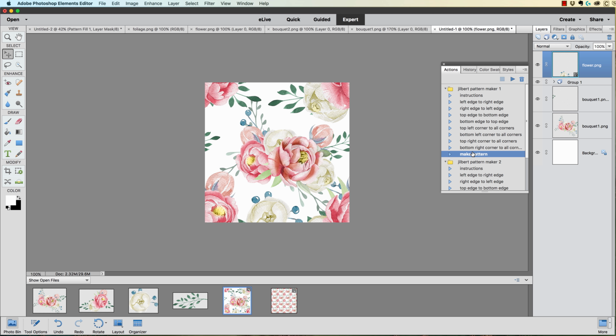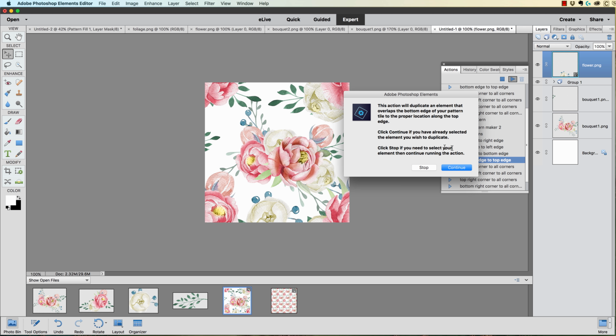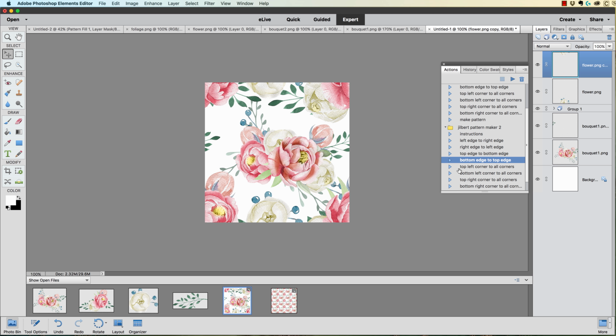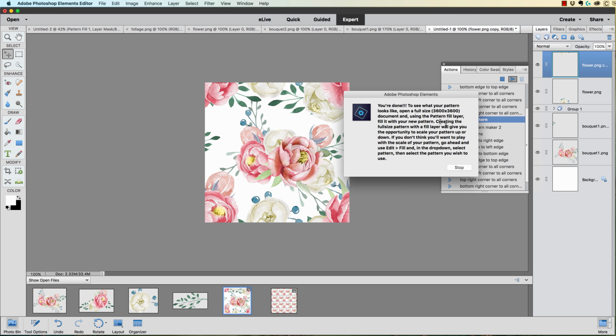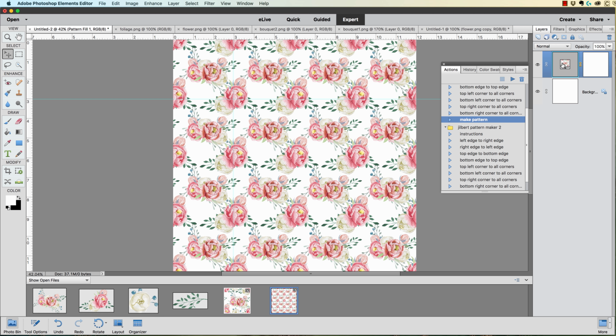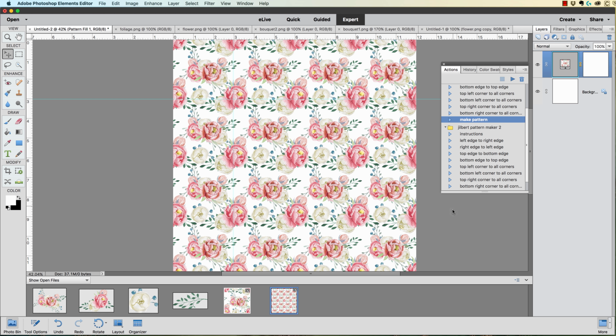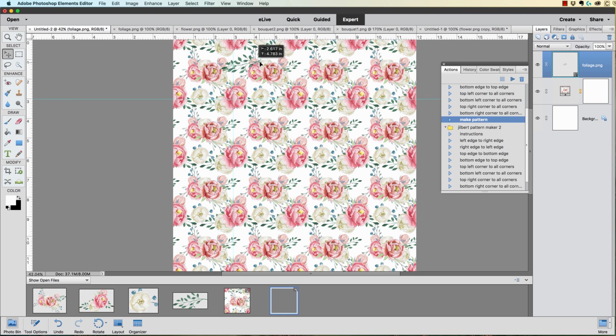What do I do? I go into pattern. I've already placed it myself. So I go over into here and go from bottom edge to top edge. There we go. Let's make another pattern. Yeah, that's not bad. Now, I probably would go ahead and bring this leaf thing in